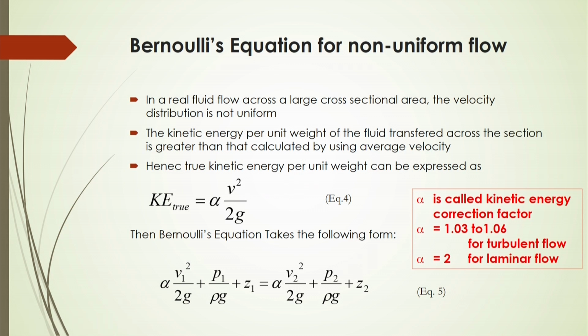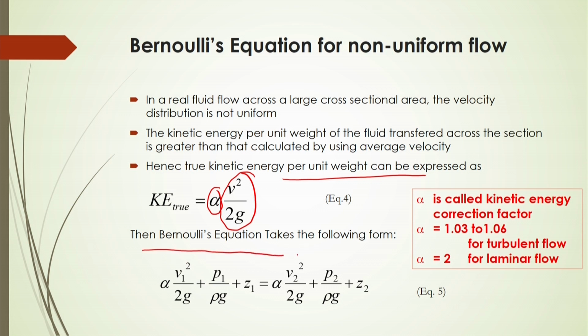Hence, the true kinetic energy per unit weight can be expressed as v square by 2g into some multiplication factor. This multiplication factor is called the kinetic energy correction factor. And if we take this kinetic energy correction factor into account in Bernoulli's equation, then